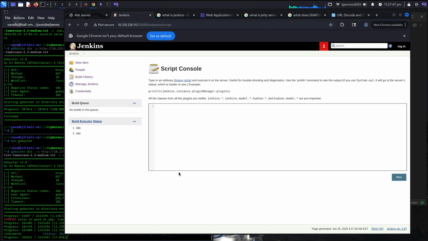Okay. We don't have access to the terminal on this machine, but we have access to a console. So console to the